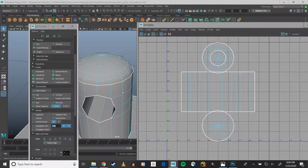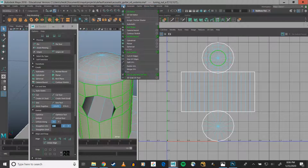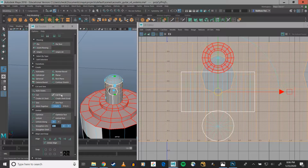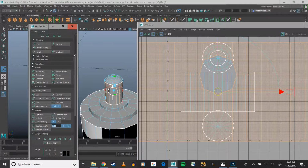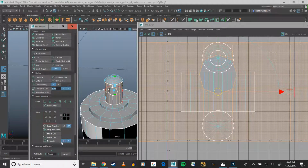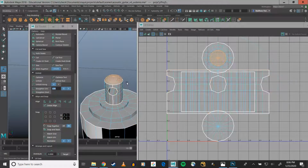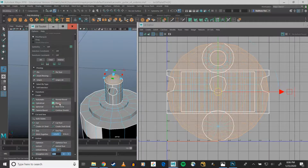Now, if I do UV shell and select this UV shell, I should probably cylindrically unwrap this all on its own, cut, cylindrical, and I might end up giving myself more shells than I wanted, but let's see. I'll hit unfold along U, and I will normalize this piece, get them in there. This shell, what I'll do is I'll just do a top-down planar,